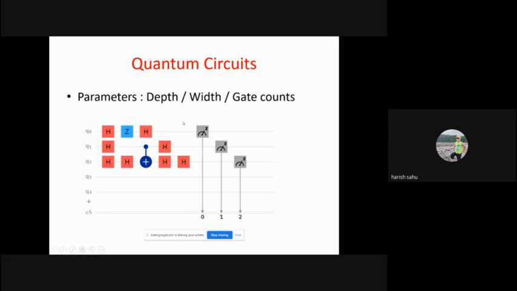And then we have this measurement gate. Sometimes we have more qubits, so we have flexibility in the width, but the qubit quality may be low, so we are restricted in depth. This is a kind of challenge to optimize these parameters, because there is no general algorithm or high level program so that we can reduce these parameters. So heuristic approaches are there, with which to some level we can optimize these parameters.